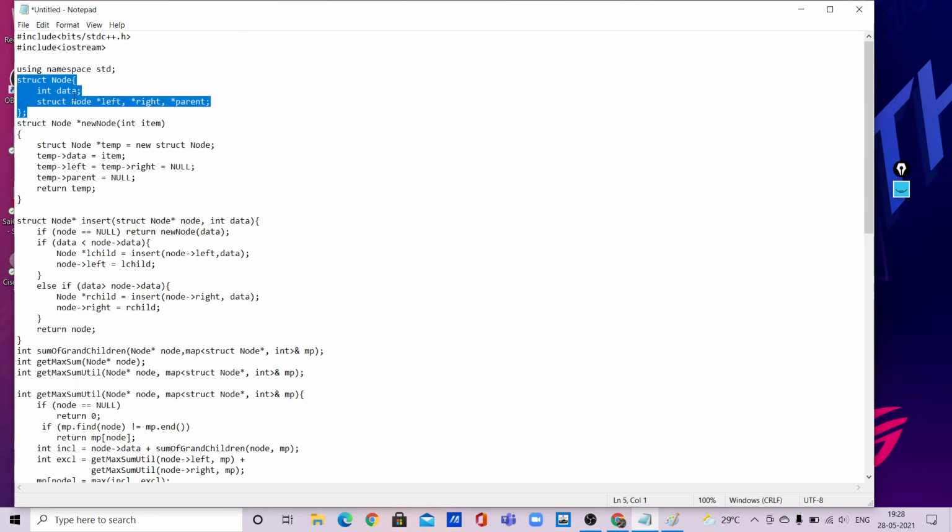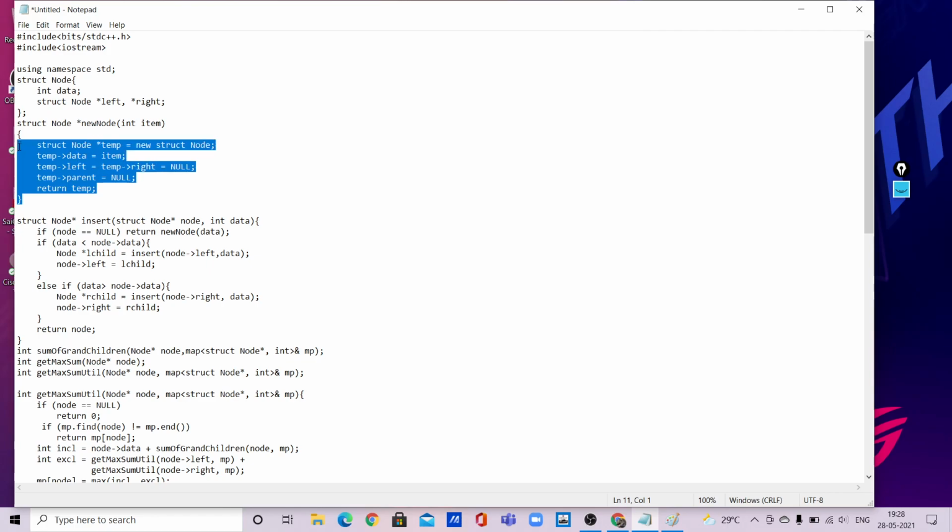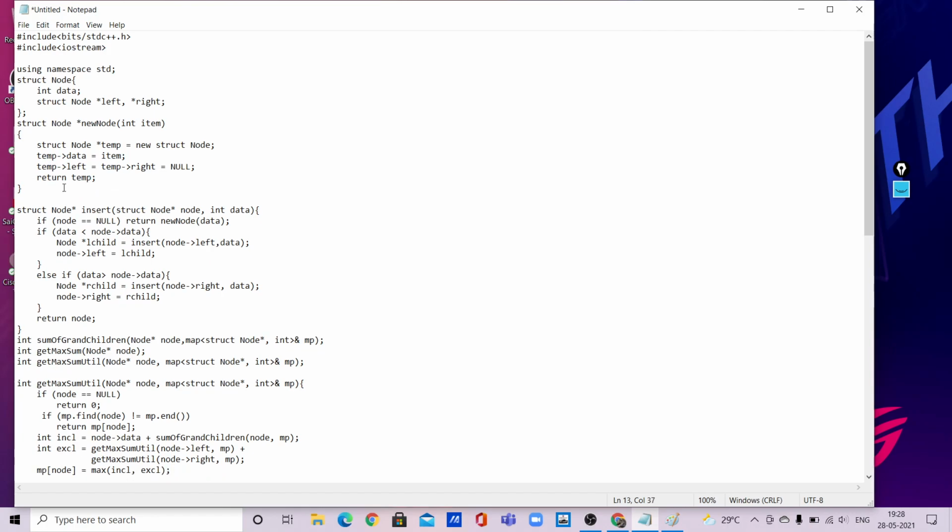First, in tree formation, we have to form a struct node which will contain data and node star left, right, and parent elements. Parent is not necessary actually. Left and right is more than enough, and data is enough. So we will form a default constructor. The default constructor initializes the elements, with a temporary dummy variable whose data is the item, and the left and right pointers set to null. It will return the root of the node created.